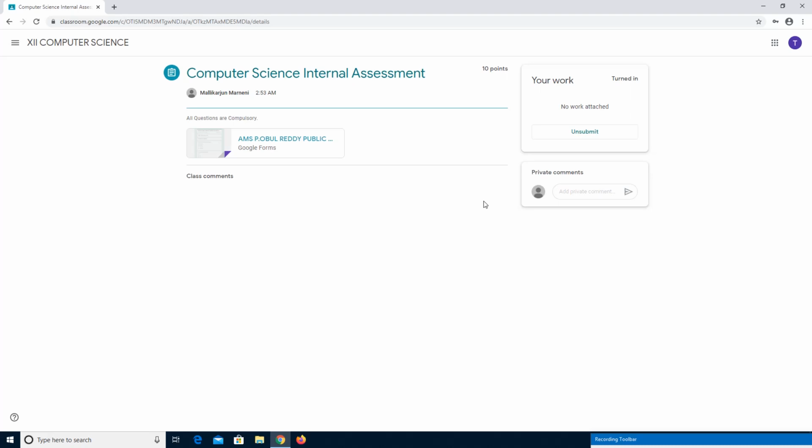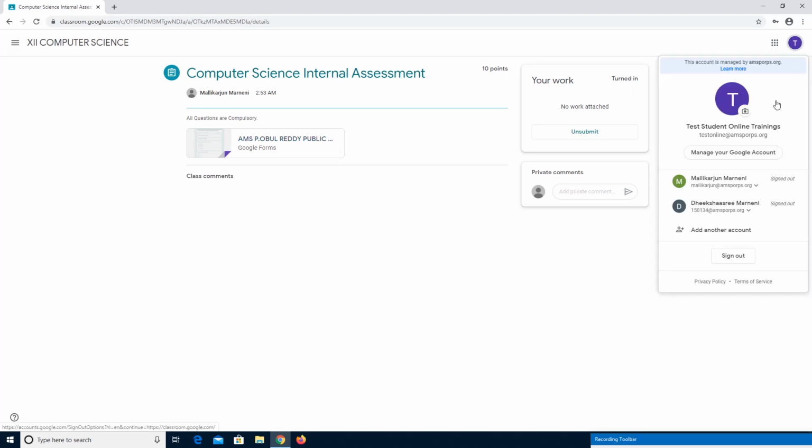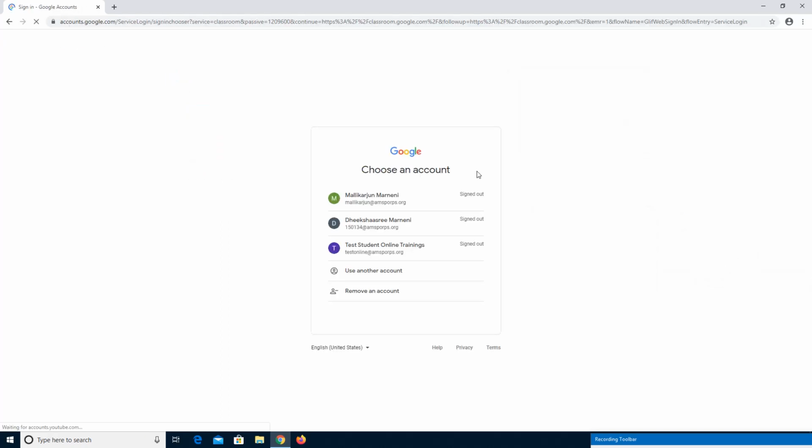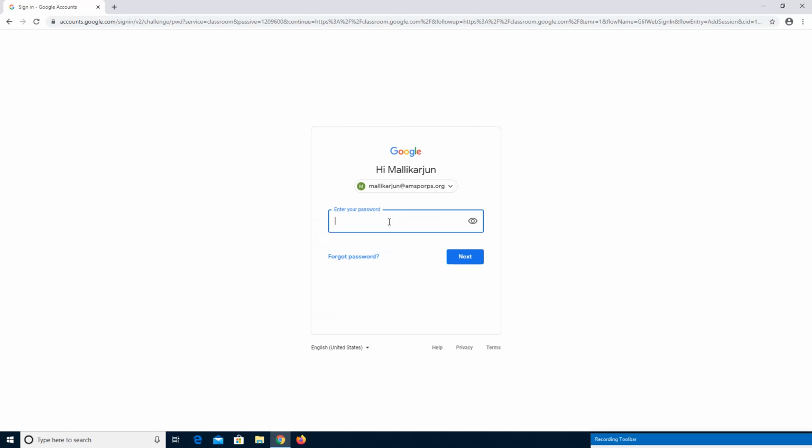In future, once the exam is completed, at any time the student can view their answers, questions, and how much score he has got. So now as a teacher, again at any time, once the student has completed the exam, you can log on to your account and you can see